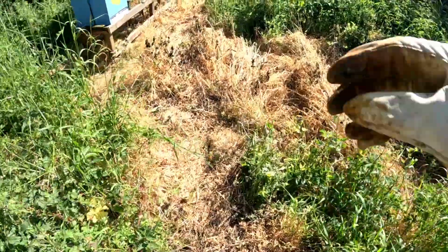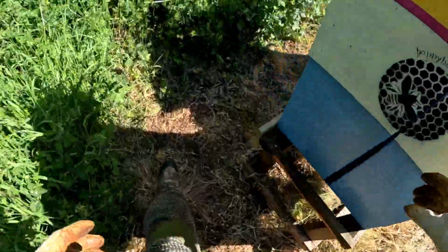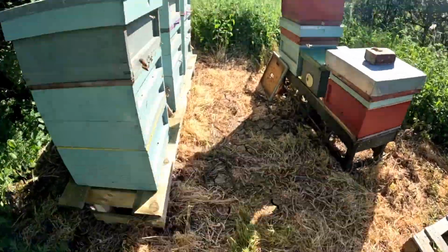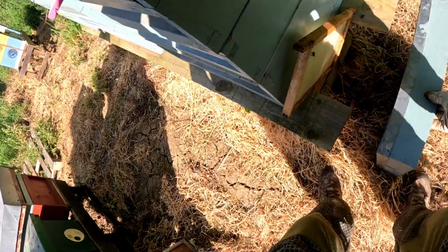Well, the weed killer's worked. Where I want a new hive stand, I'm going to put a stand across here so it forms a path you walk around the back of them. We're just into this hive now. We're just checking these just to see what's going on, really, because